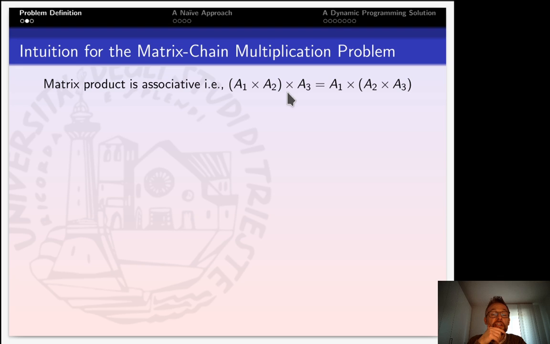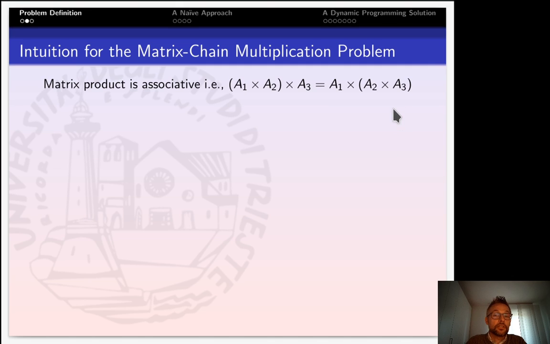This means that we can obtain exactly the same result by first of all multiplying A1 to A2, and multiplying the result by A3, or first of all multiplying A2 by A3 and then multiplying A1 by the result. Okay,